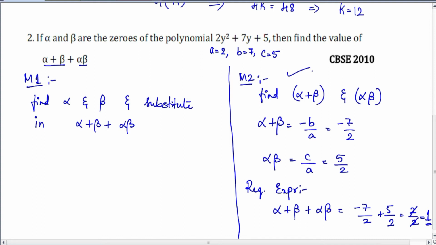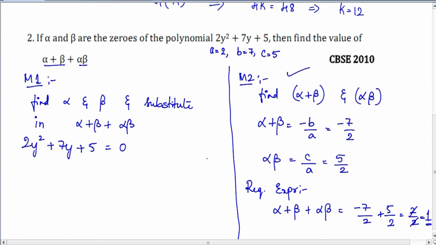There is another method also, but it is not wrong. You can even use this method, but it is slightly lengthy. So let's see how to solve using this. Now you are supposed to first equate it to 0 in order to find the zeros. Okay, then you know how to do the factorization.